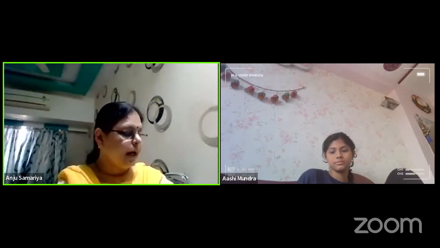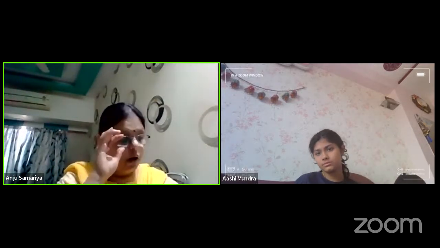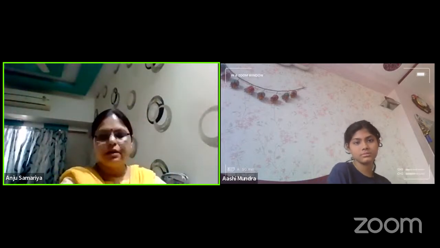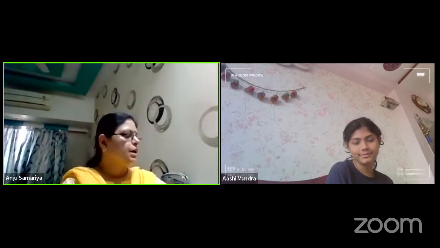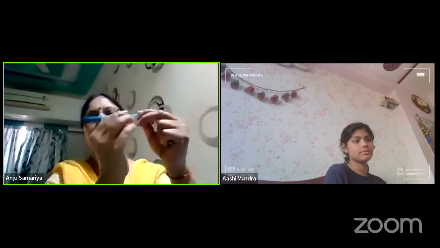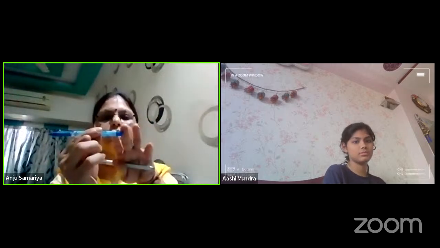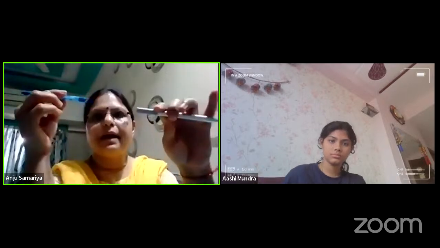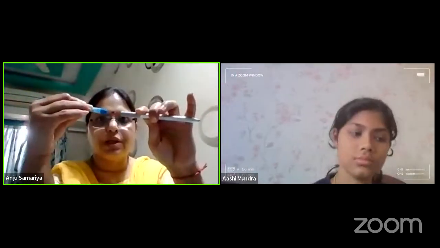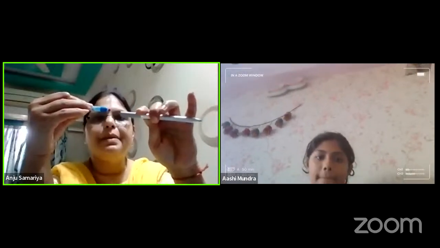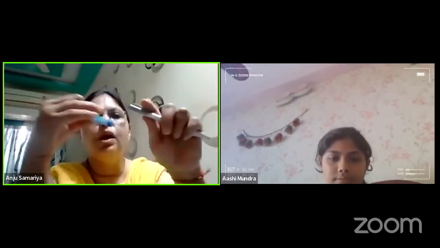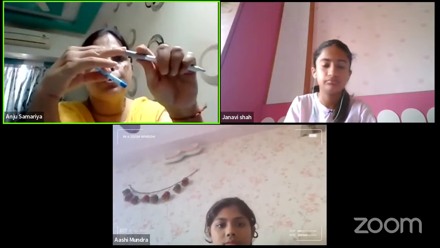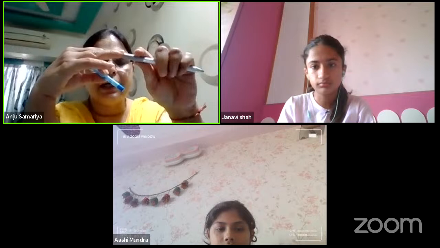So we were discussing induced magnetism. Now, what is induced magnetism? When a magnet is brought near a magnetic substance. For example, this is a magnet. This is the North Pole. This is the South Pole. And this is a magnetic substance. Now, this magnetic substance is brought closer to this magnet. So what happens is that this South Pole will induce a pole over here. This South Pole will induce a North Pole, opposite polarity.